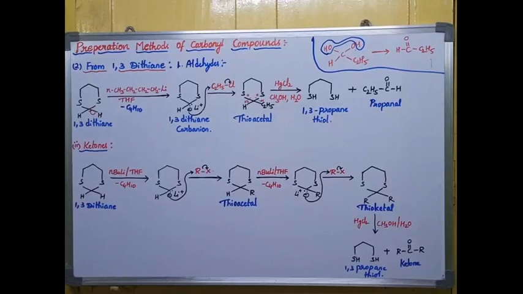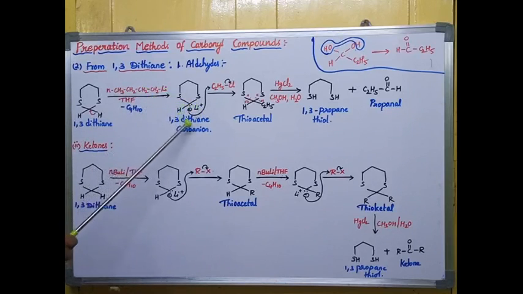So the next method of preparation of aldehydes and ketones is from 1,3-dithiane. Here 1,3-dithiane is reacting with n-butyl lithium. Here n-butyl lithium can break into C4H9 minus and Li plus. So this C4H9 minus attracts this H plus and comes out as C4H10. Here we are getting the carbanion, the 1,3-dithiane carbanion is coming out, and this carbanion is protected with Li plus charge,